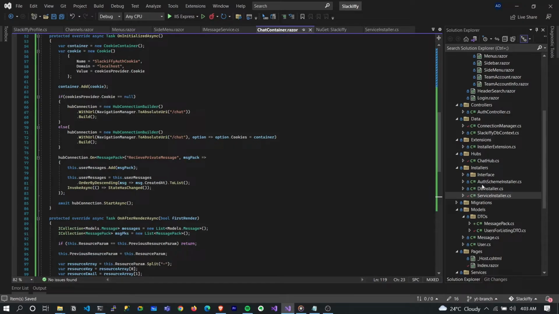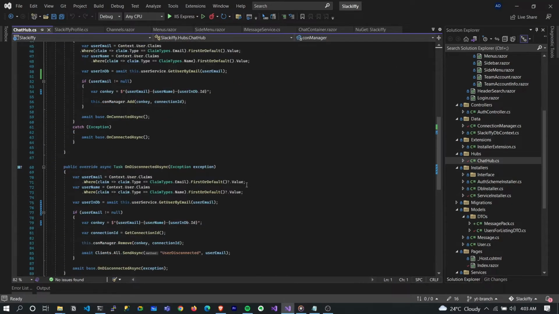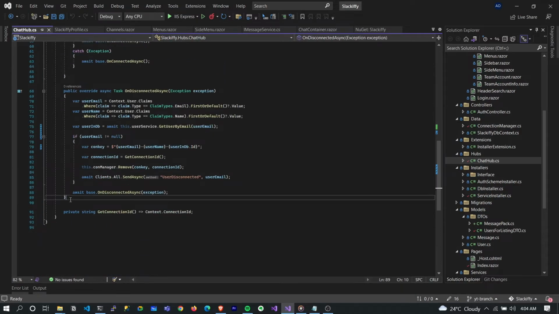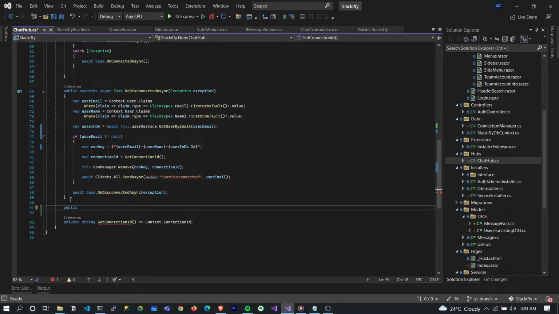And yeah, I think the last thing would be to actually add our send message method in our chat hub. We've not done that yet. So what happens when a user sends a message? We have to add that logic into our chat hub. Okay, so let's create that here. Public